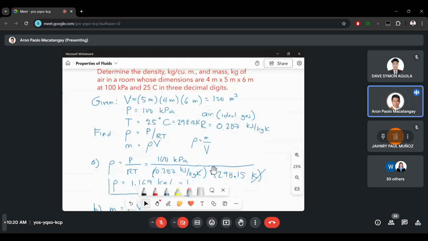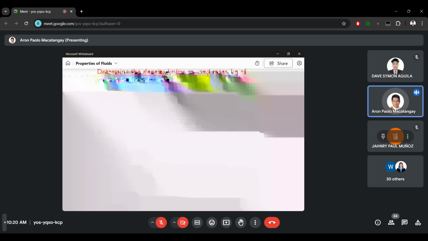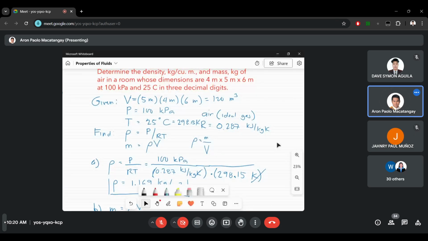So this is your mass. For now, the goal here is to get the properties, get the density, get the mass, get the volume of our fluids. For liquids, it's easier. Most likely, you get the mass and the volume, you get the density, or you get the density, you solve for the mass or the volume. Like two given, one unknown. Usually for liquids. For gases, it's more complicated because you have to use the ideal gas equation.